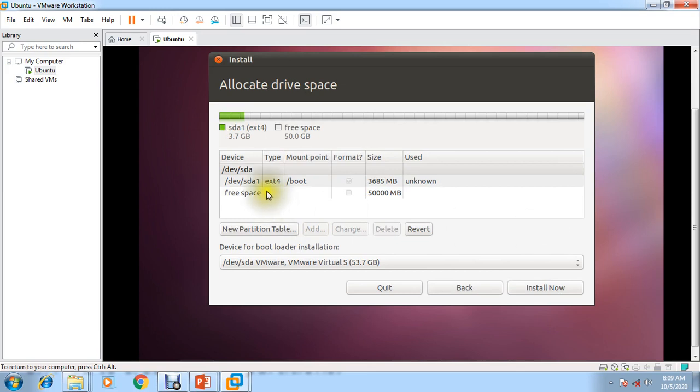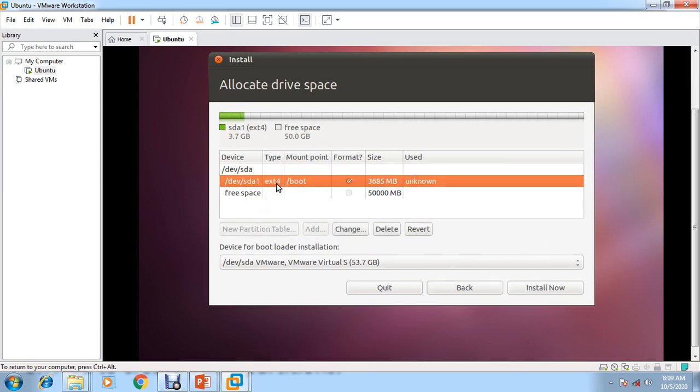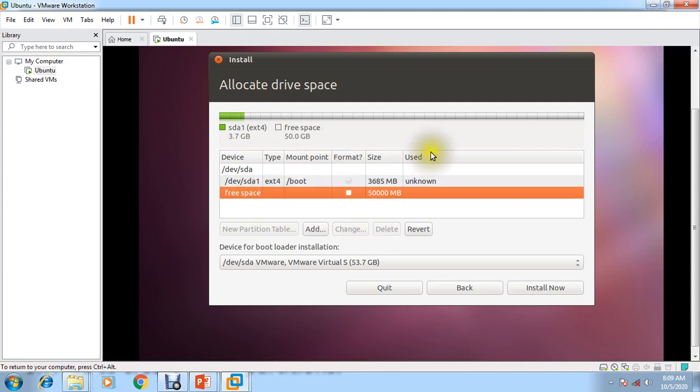And you can see it took the default file system ext4 and it has changed now to /dev/sda1, because this is the first partition. Okay, and this is for boot. Now we will create the second partition. We will use this free space for that. So for that, what we have to do,